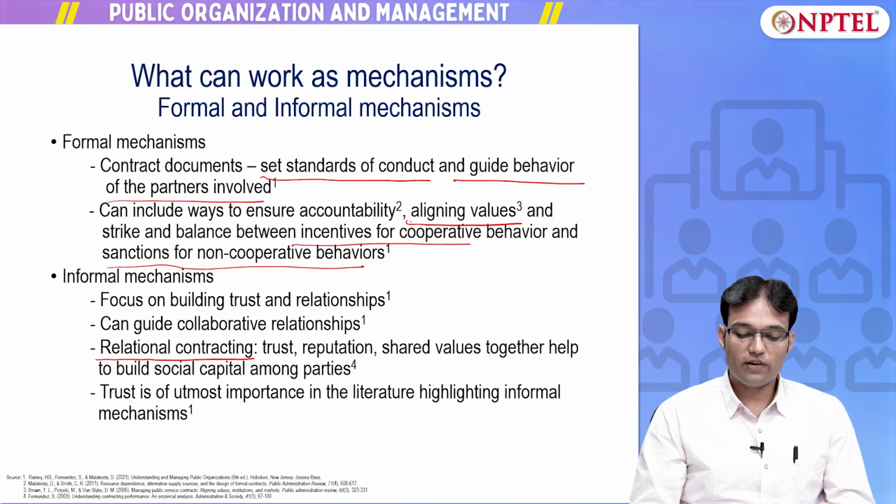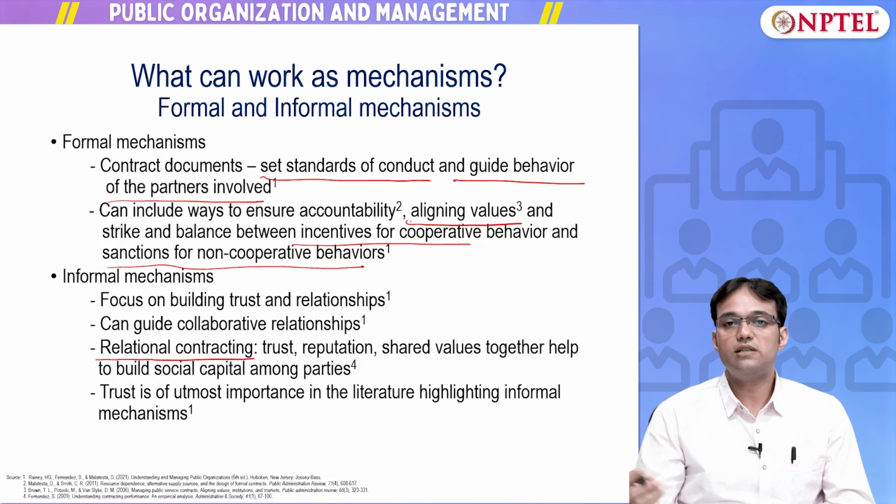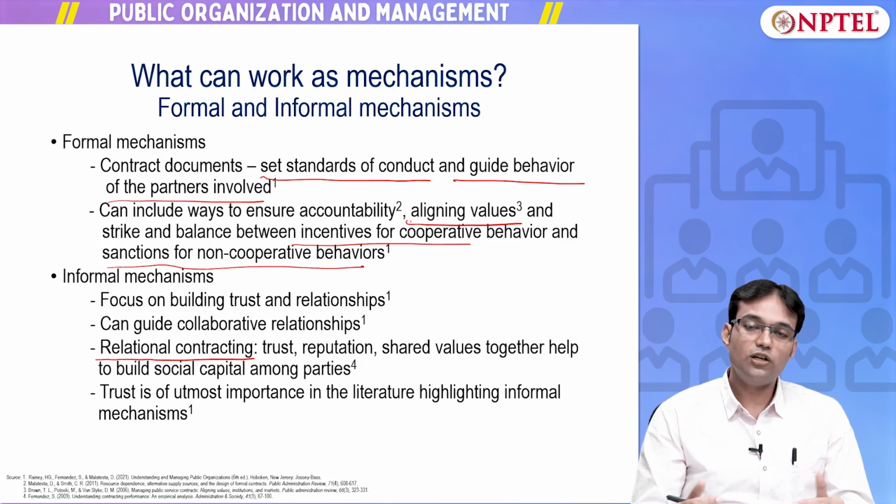Now, we can look at an example of collaboration among various organizations while confronting challenges such as disasters, let's say floods or earthquakes. More than formal mechanisms, the trusting relationship among organizations can prove to be a catalyst in enhancing the effectiveness and efficiency of operations to manage and coordinate the activities and deal with complexity. When a disaster happens, we don't look into the formal agreements that guide behavior. All the organizations from different sectors collaborate with each other to address the situation at hand. They have to deal with the problems which the public encounters in terms of floods or earthquakes,